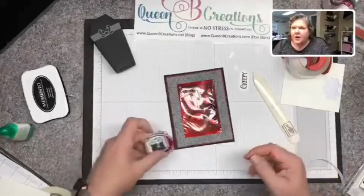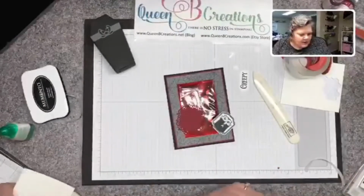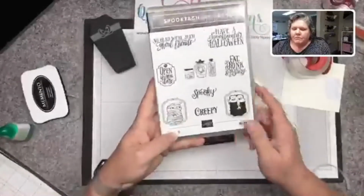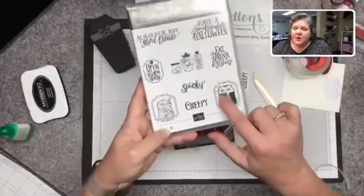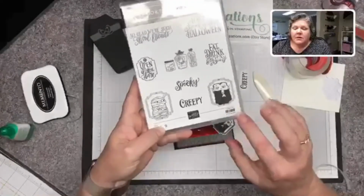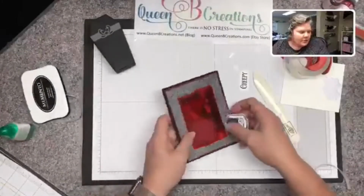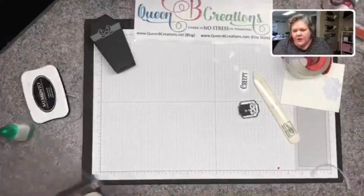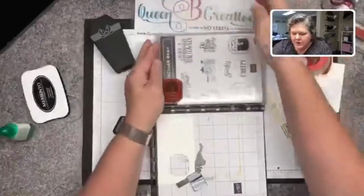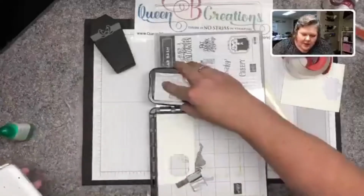So now we're ready for Dracula. This is the stamp that's in the Monster Bash stamp set, and I'm using this stamp down here. If you notice, he's got a full black cape in the stamp, which sometimes when I'm trying to stamp a solid black image, I don't get a really good impression. So I made sure that when I did this one, I used my Stamparatus because this allows me to stamp multiple times. And so I was able to come in with my Memento black ink